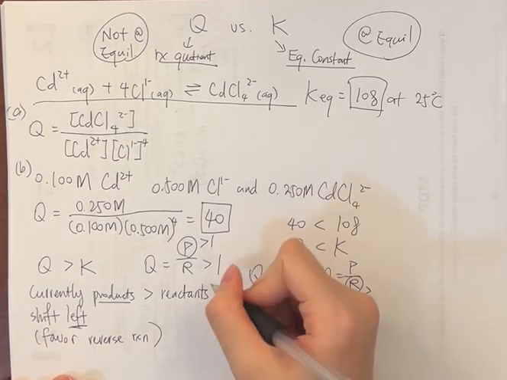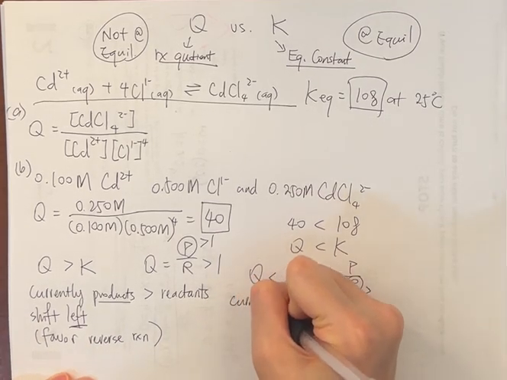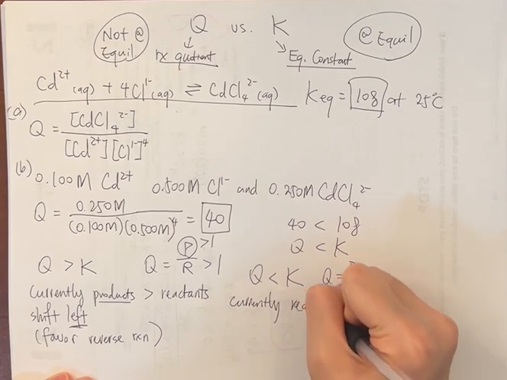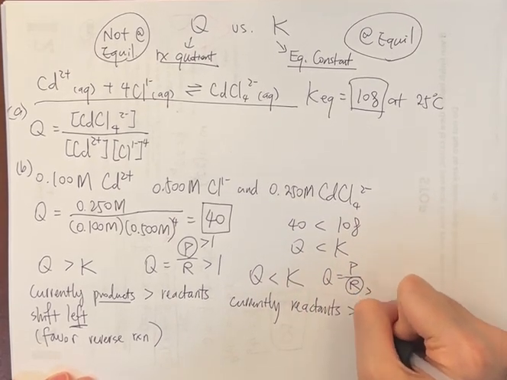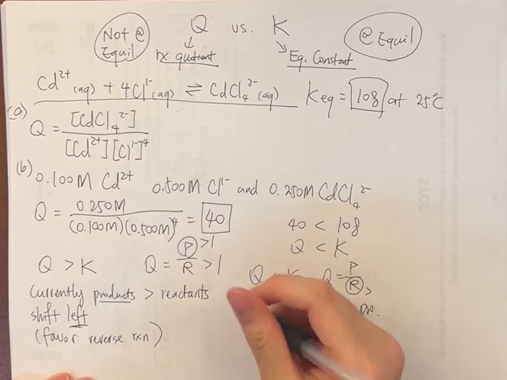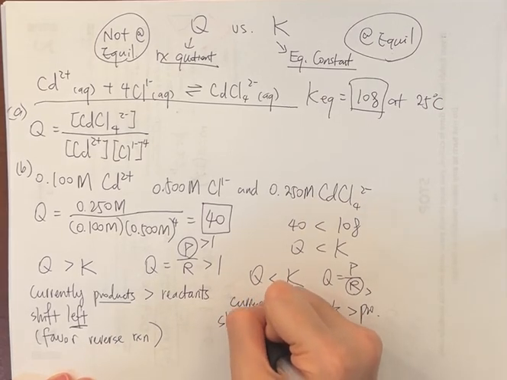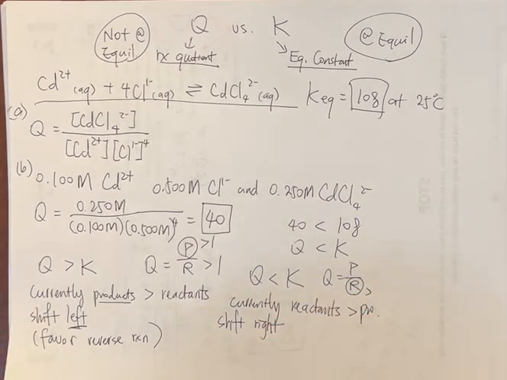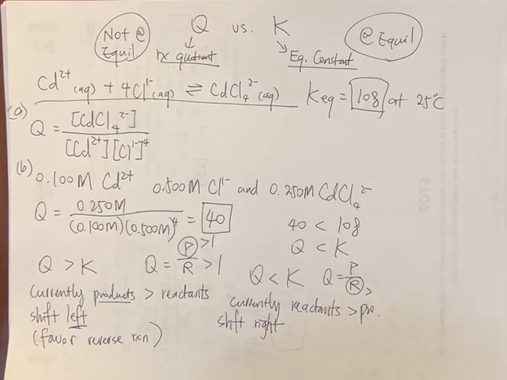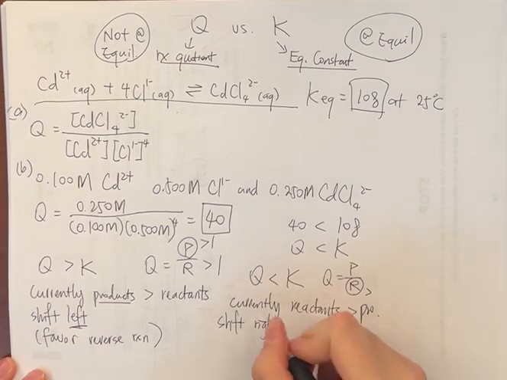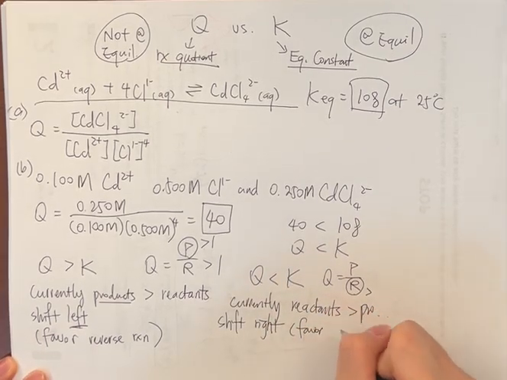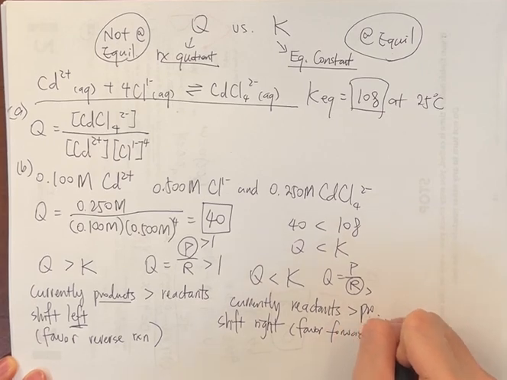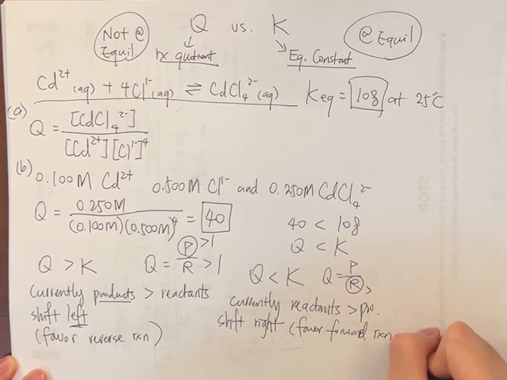So it means that currently we have more reactants, and according to Le Chatelier's principle, in order for the whole reaction to go back to equilibrium, the whole reaction has to shift to the right, which means it favors the forward reaction. Okay,